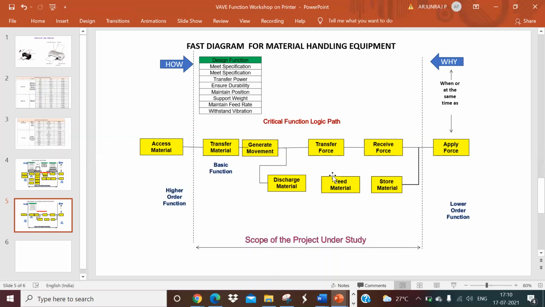But again, we are considering all the things in such a way. We need to follow how logic, why logic. We are following the logic. It's okay. But again, when you are feeding the material, you need to see whether the transfer is going to happen simultaneously. Those analyses you can also do.